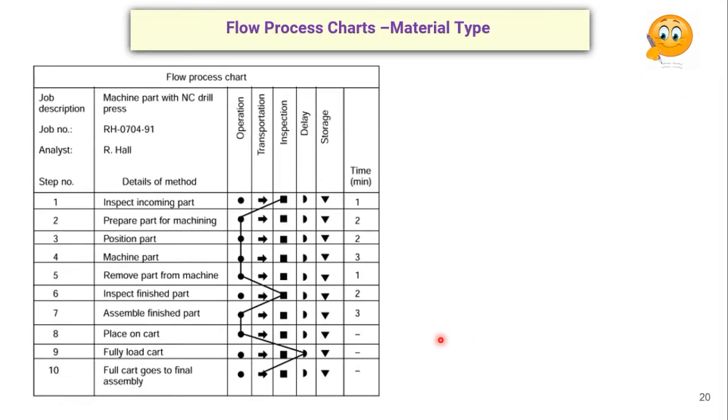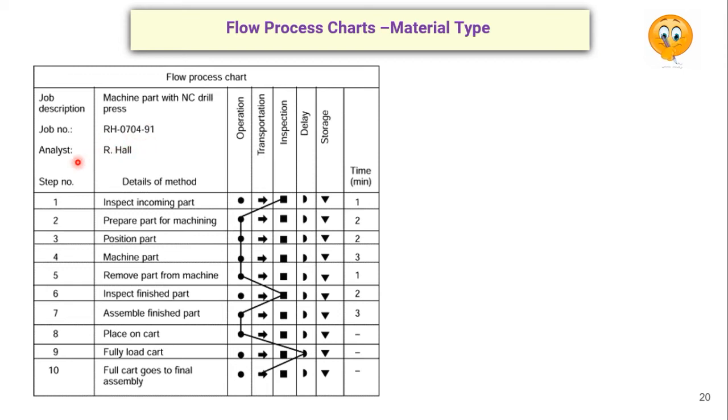So in front of you there is a flow process chart. If you see what exactly its template is, it consists of 8 columns. First, we give the job description. What is a job description? A machine part with NC drill press.